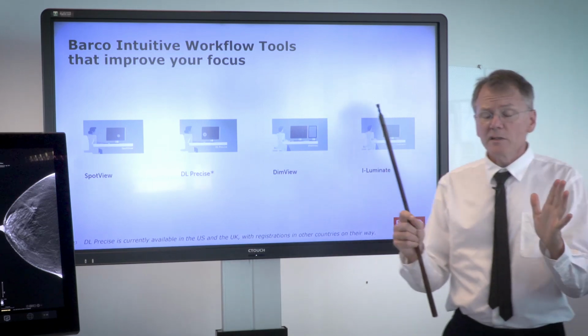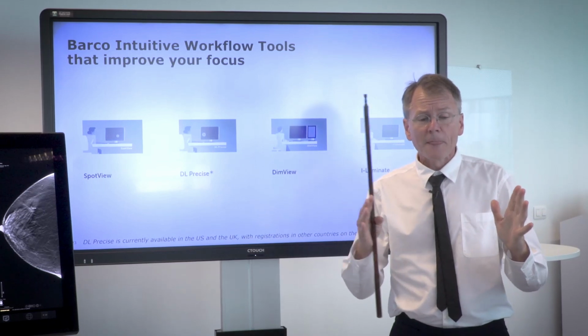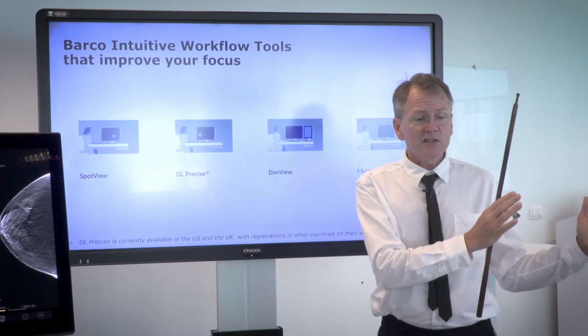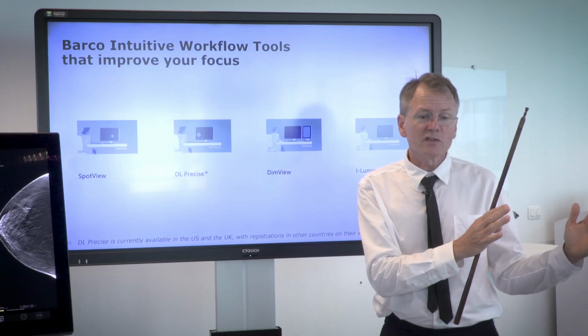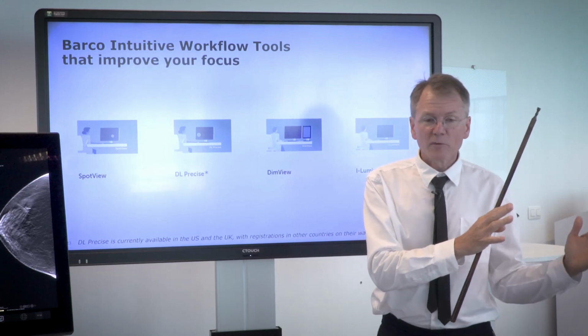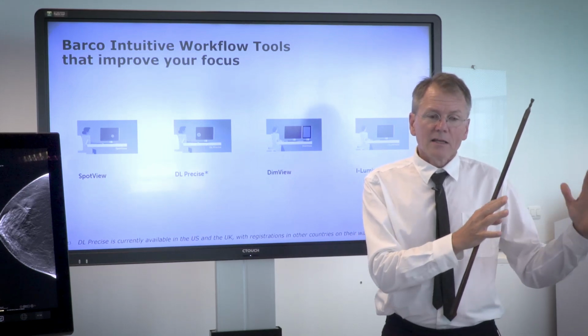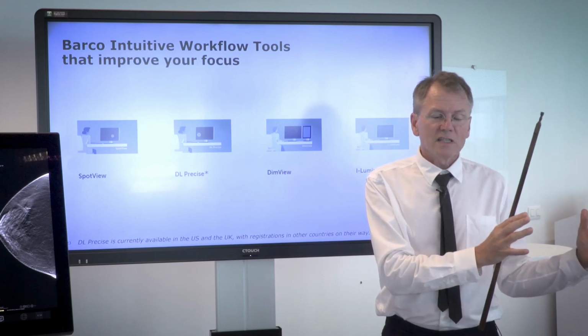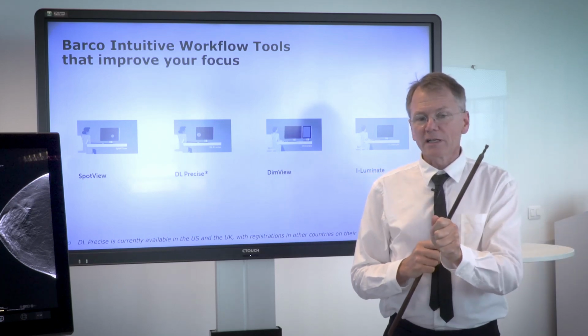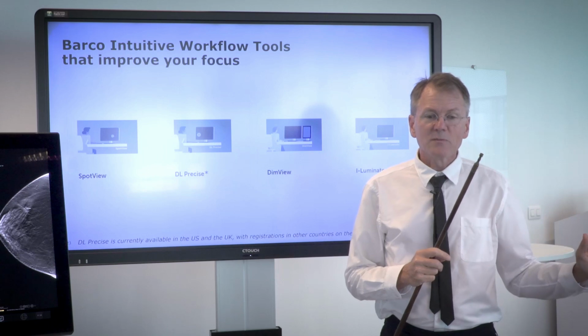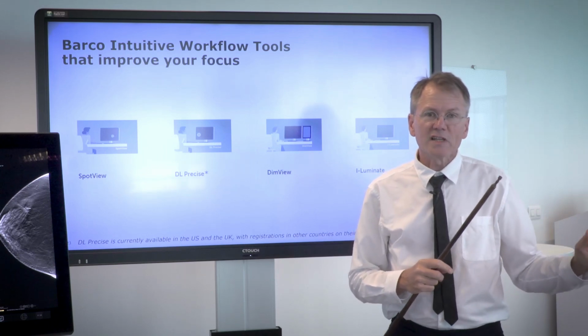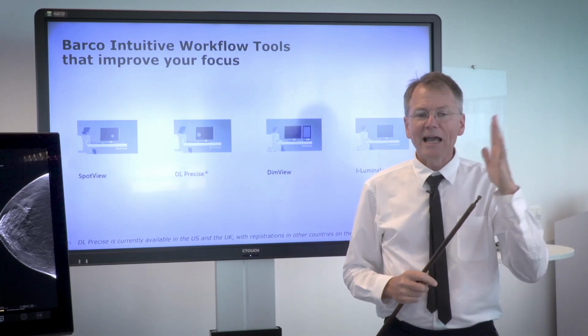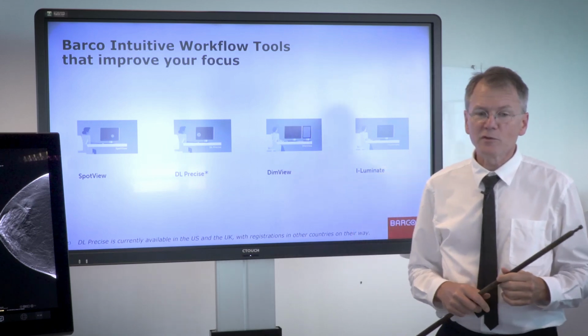DimView is the tool that if you have an ancillary display, maybe showing a patient list or radiology information system, then when you're not using that display, when your cursor's over on the diagnostic display, that display dims down an amount that you set so that it's not adding too much light into your field of view.